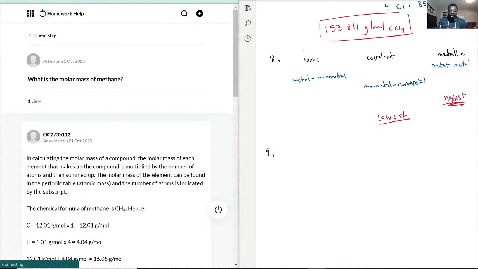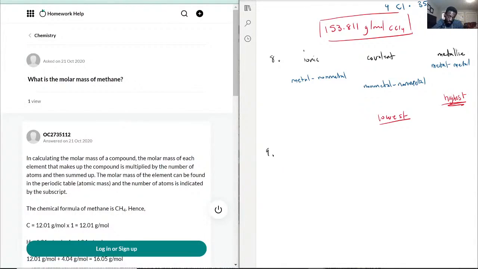What is the molar mass of methane? So now this is where it gets a little bit fun. In fact, I'm actually going to ask two questions based on this, just so we can cover our bases here. Right now this is asking for the molar mass of methane, so I'm just going to say "and octane." Okay. Now the reason why I'm saying that is because you've got to get really familiar with your nomenclature,